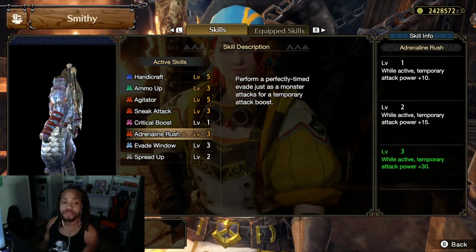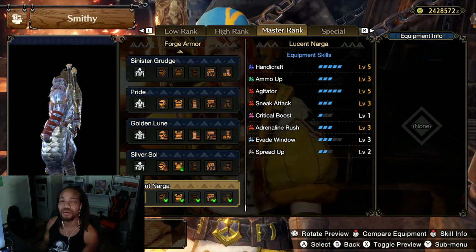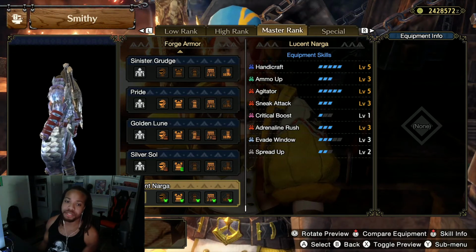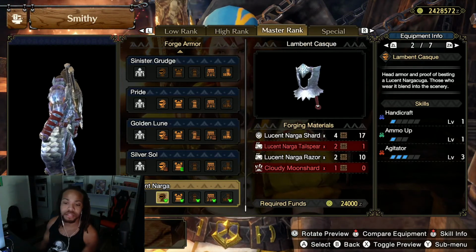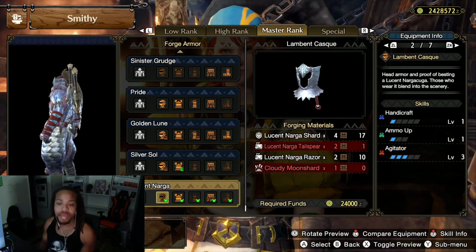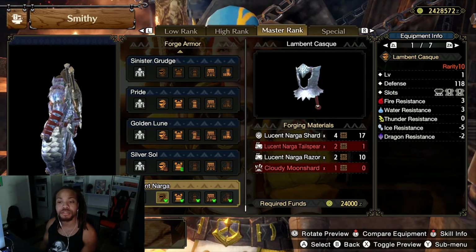So yeah, this has some pieces in here that are really gonna help you squeeze out a whole lot of new damage for new playstyles, right? So looking at the head, it's got level 3 agitator, 1 ammo up, 1 handicraft. Meh, it's okay. It's just okay. I mean, maybe you could squeeze it on a gunner build, but